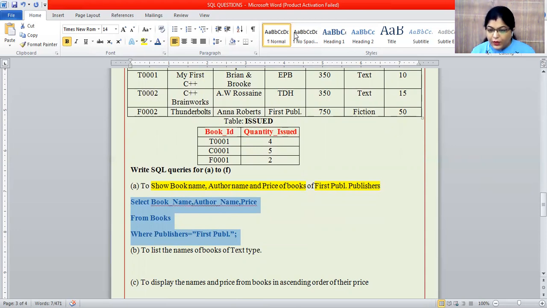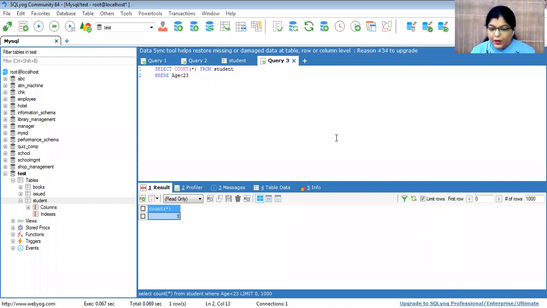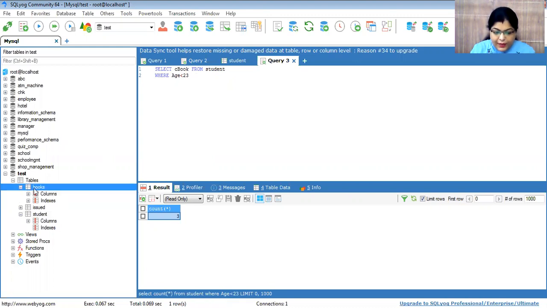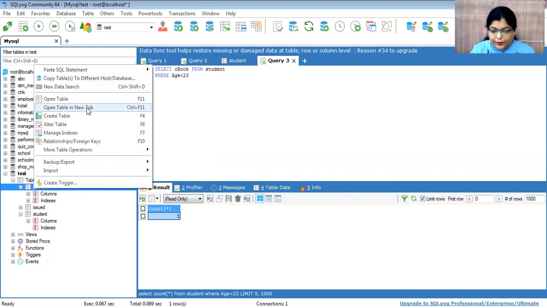Okay, now we'll do it in the software. What we have to write, select, but we have to first check the table's column names as well.